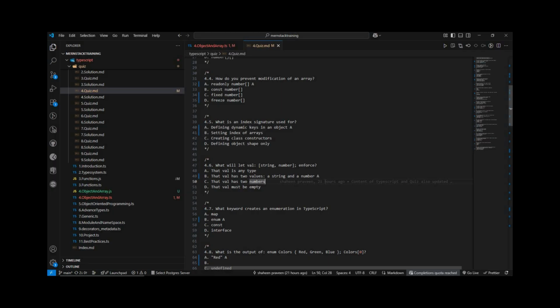So this is a way to give a type to your object inline. You write the type of the object here only, and inside that you define the type and assign a value in the same line. Okay,